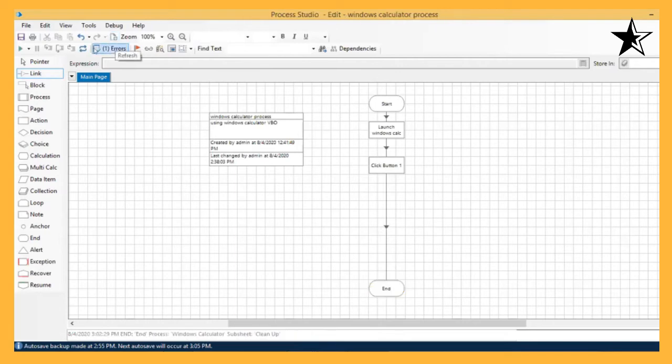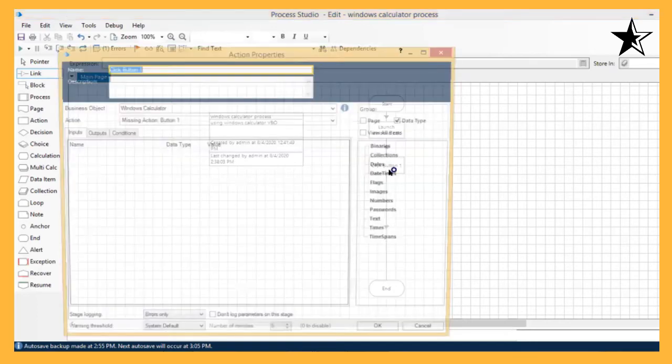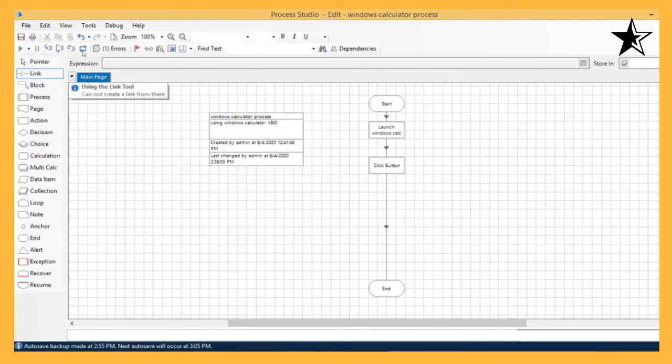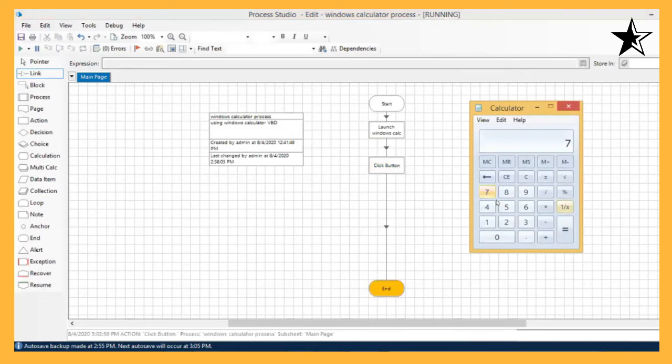Clicking on refresh, reset, click button, and use the button action. Okay, okay. Reset and run. Yeah, it is running successfully. Now you can see instead of spying, I have dynamically allocated the variable.